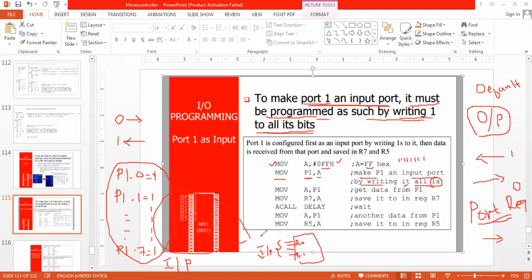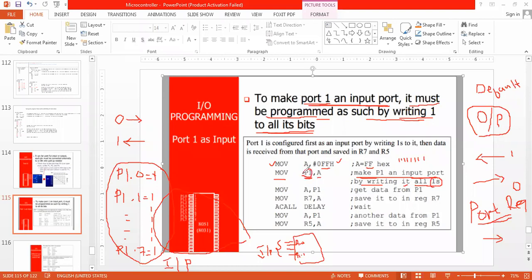If I connect switches, these will collect the status of the switch, whether it is on or off. So what I have done now: make P1 an input port by writing all ones. Then P1 is working as an input port.